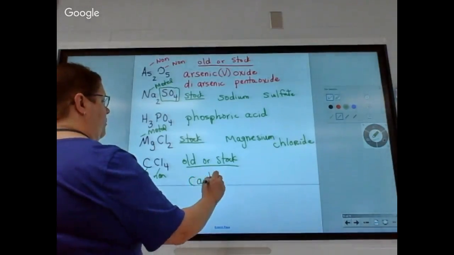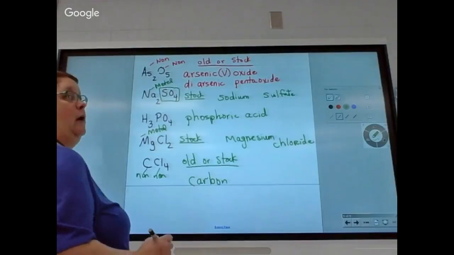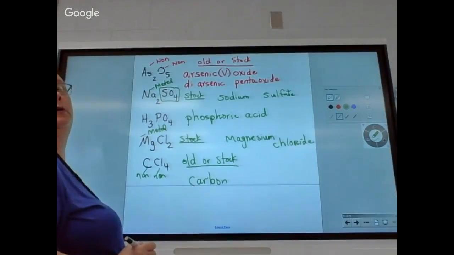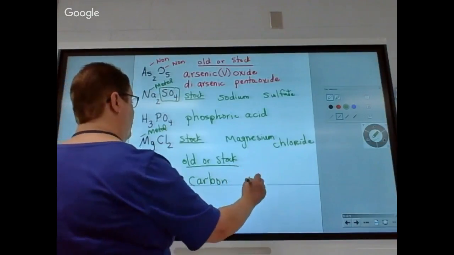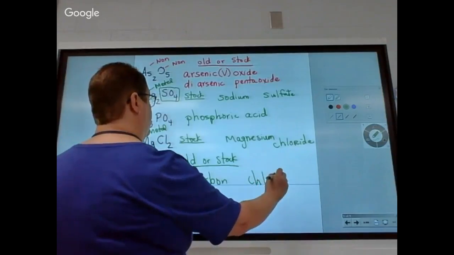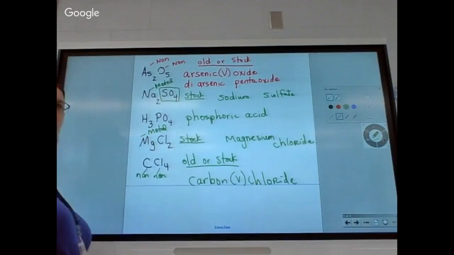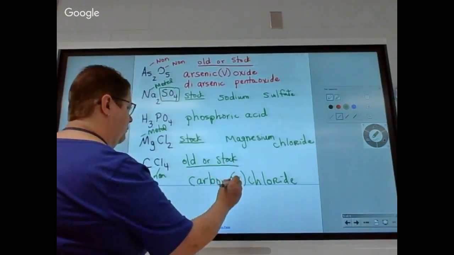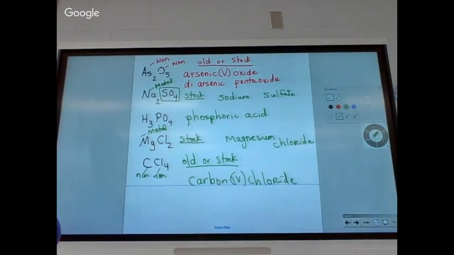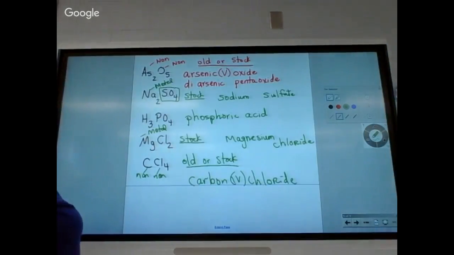Okay, I heard carbon. I heard chloride. I thought I heard a Roman number. I just couldn't make out what you said. 4. It is correct. Carbon 4, except I forgot my line. Carbon 4 chloride. All right, and then if we do it in old,